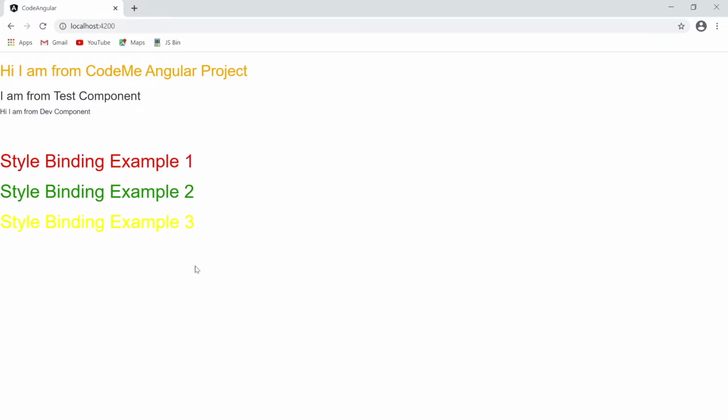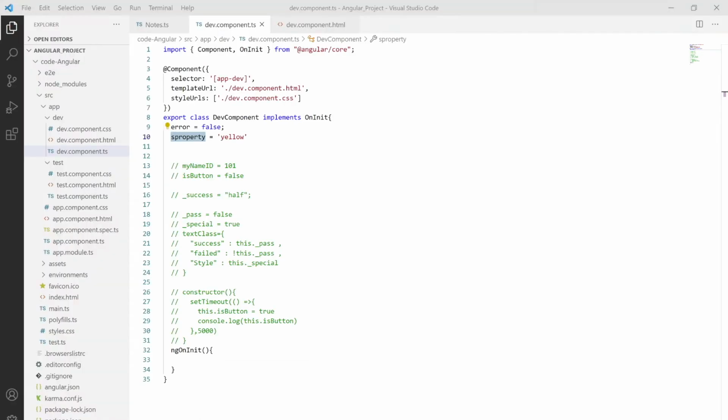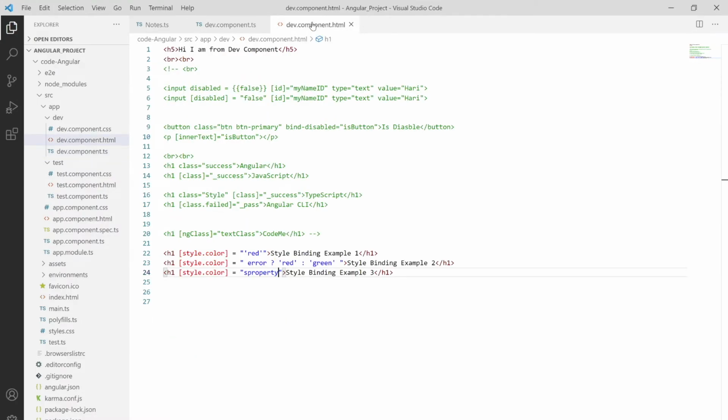To use multiple styles we need the particular directive which Angular provides, which is the ngStyle directive. So let me move toward the HTML and copy this one more time, and this is our example 4.